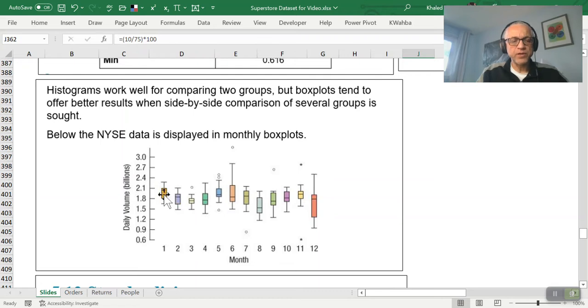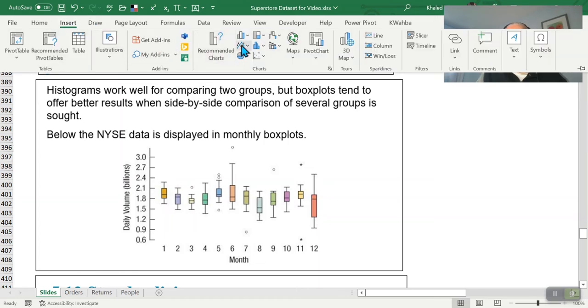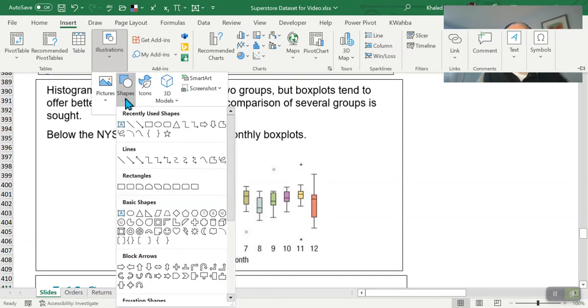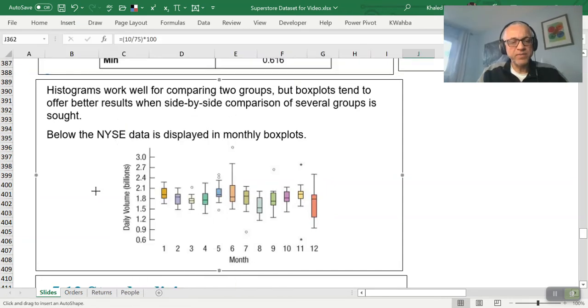Look at the second quartile, which is the middle of each box here. You see a horizontal line inside each box. That means it's the median. So you can see the highest median. If I may, let me see if I can insert a line to see it a little bit better. For illustration, let's take a shape, and let us take a line. Okay, let me make a horizontal line, something like that, and let us move it. If I put it around the median here,